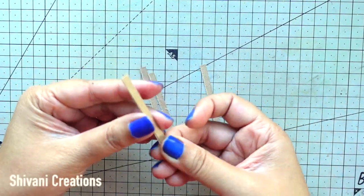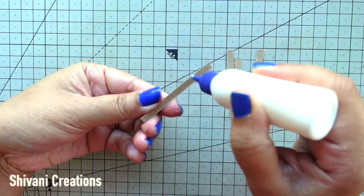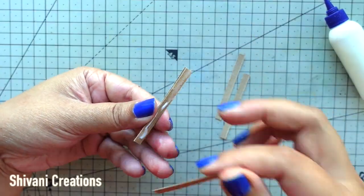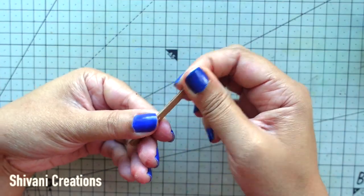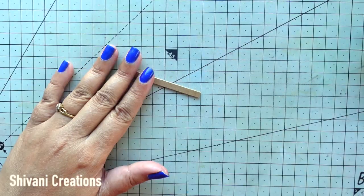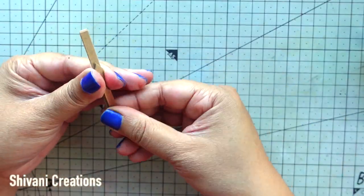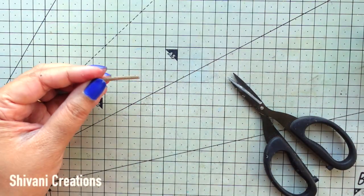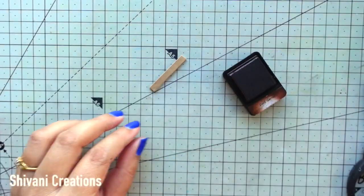For this I am taking Kraft cardstock strips, and here I am adding a total of 5 strips together to create a thick bunch of strip. So I'm just trimming it according to my length, and the length is 4 centimeters and width is 5 mm. Now doing a little bit of